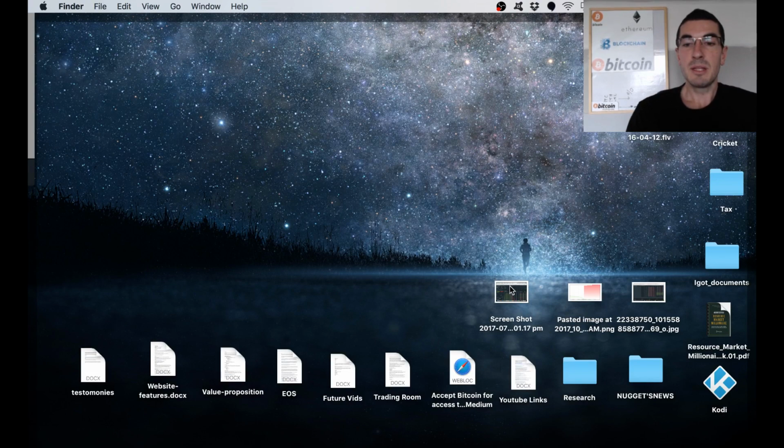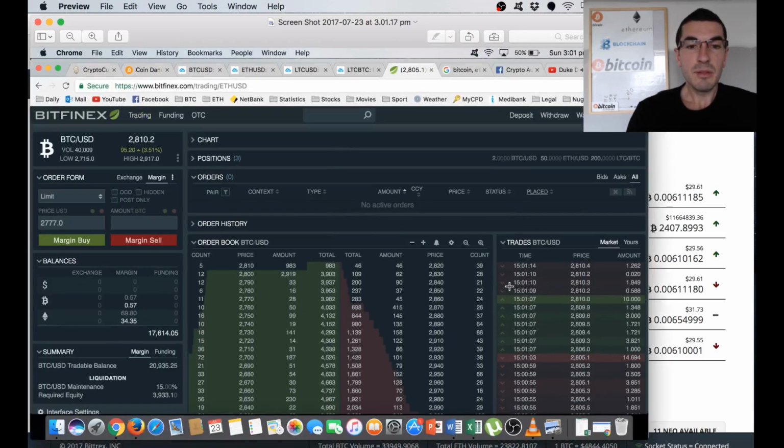So this is one from a little while ago when Bitcoin was trading at around 2,800, and here we see a 3,000 Bitcoin order from 12 people, and that creates a buy wall. Now, that acts as, I guess, support, or think of it as a good thing to happen if you want the price to go up, because it means that someone's willing to buy 3,000 Bitcoin at